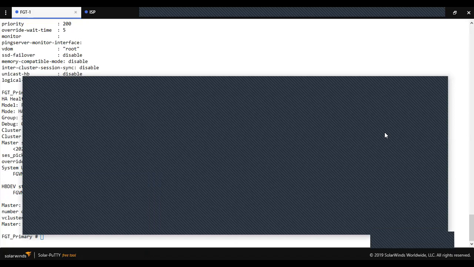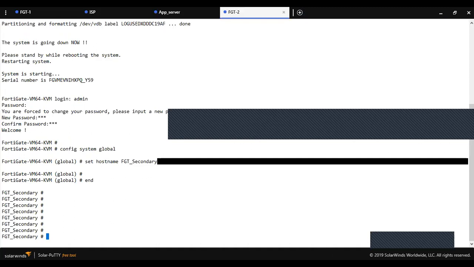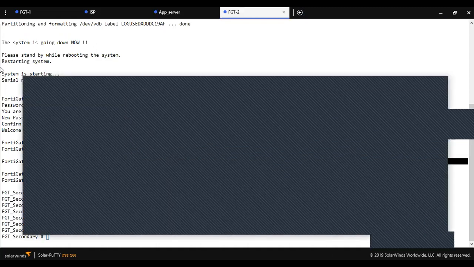For it, you only have to change the priority. I am going to set the priority to 150, because this firewall will become the secondary firewall in the cluster. I'm just going to paste this configuration on the secondary firewall.